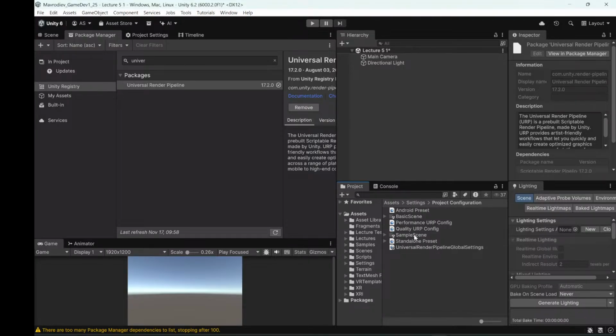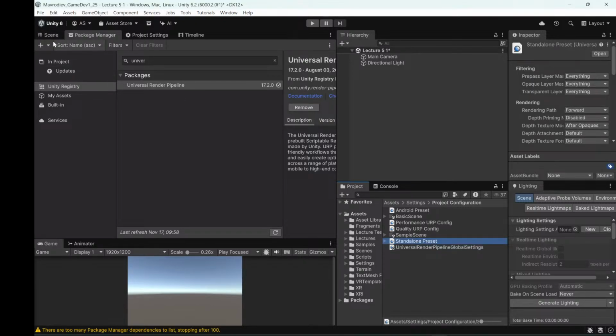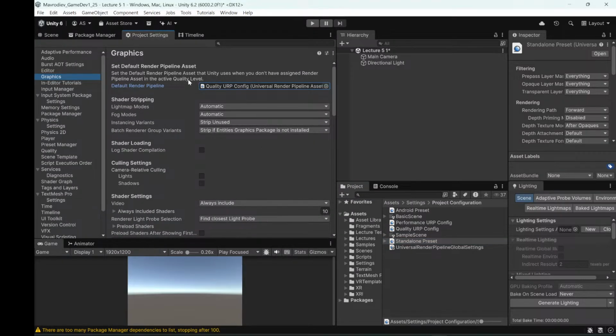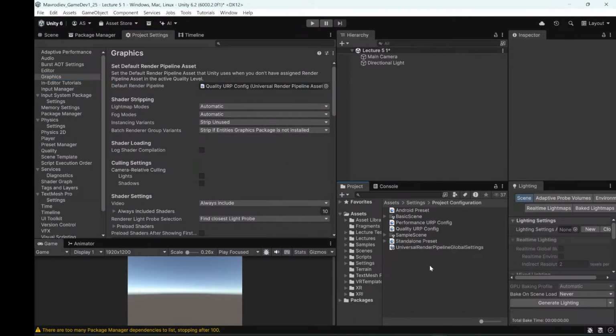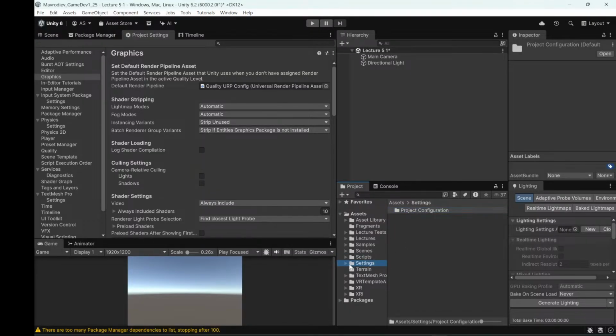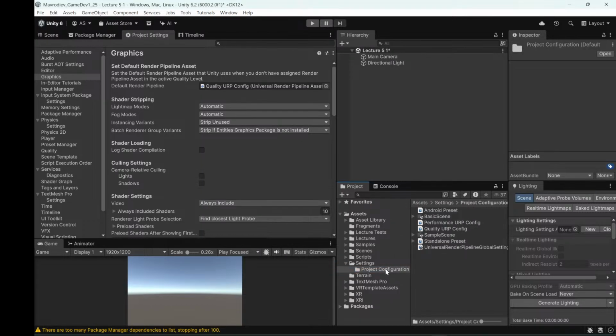Once you've decided what render pipeline you're going to use, like we're using this so we can swap between PC, VR, and so on, we're going to have these assets, right? Actually, let's do this right now. We're not going to use these that are already built in. If you go to your settings folder, let me know if you can see these files here. Can you see these files? Yeah. Are they inside of this project folder? Okay. So I would say keep them here. You can maybe rename it to default or something,